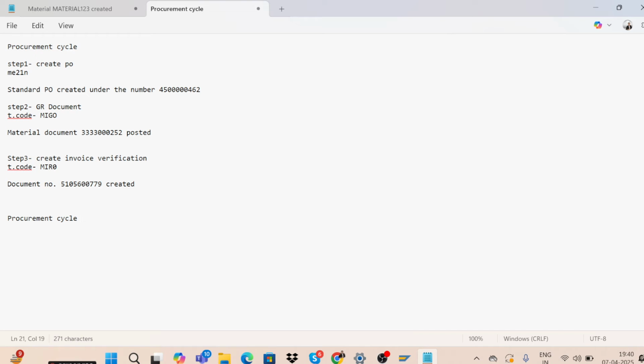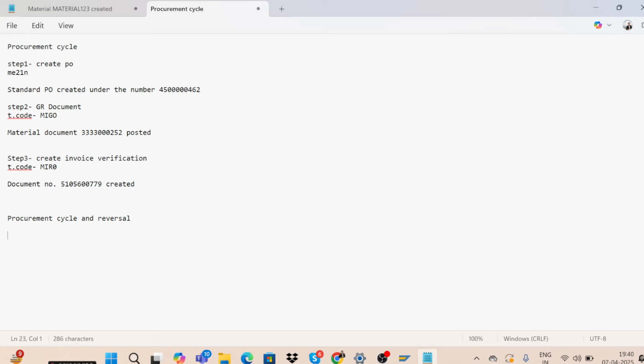I will tell you what a reversal is first, then why we do it and what the steps are. But before jumping to reversal, first practice the procurement cycle properly, at least 4 to 5 times. So what's the business requirement for reversal?